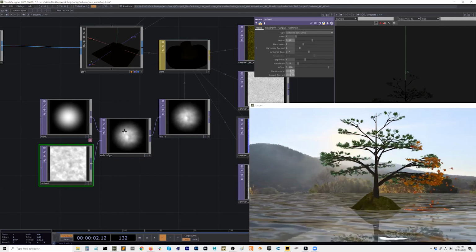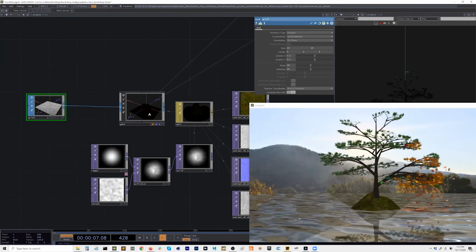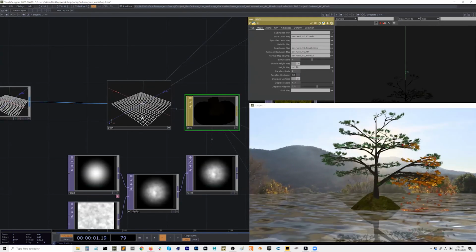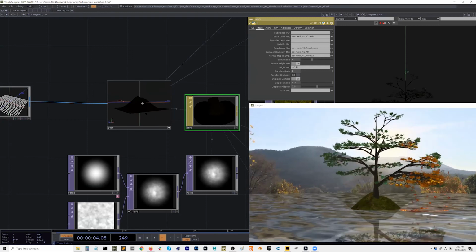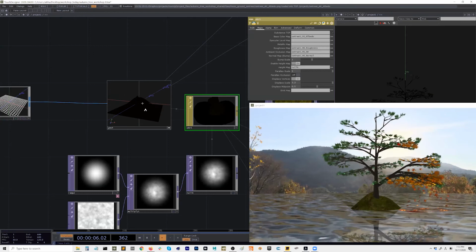And since we are using the vertex displacement, it doesn't look like displacing, but it's actually a technique that displaces vertices in the rendering.